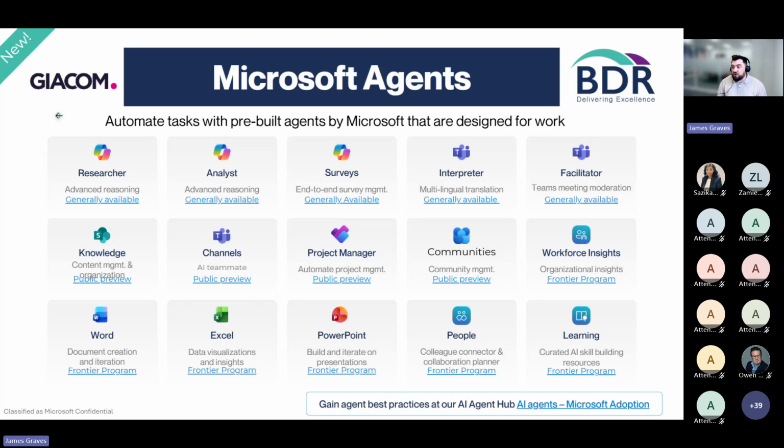This is a big list of the Microsoft pre-created agents that exist. Researcher and analyst are a couple of the major ones, but there is also a knowledge base agent for SharePoint, a project manager one, there's the interpreter and the facilitator agents we've already spoken about, the surveys agent, which is designed for helping you with Microsoft Forms, so you can create and send out survey forms and things like that